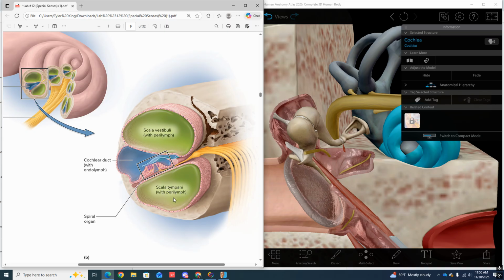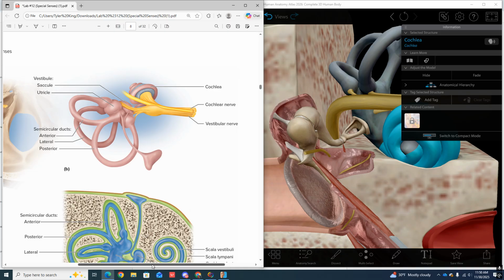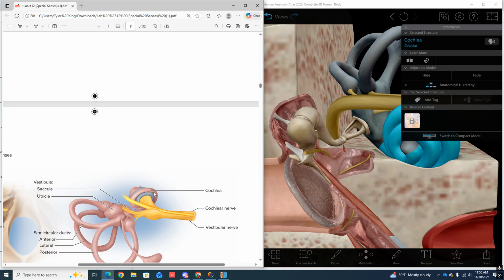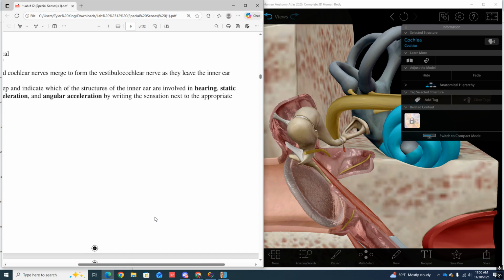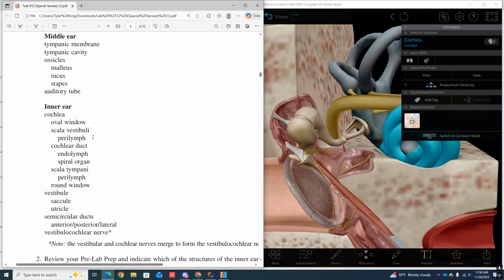So perilymph is only in the scalae structures, and then the cochlear duct only has the endolymph. So perilymph in the scala, endolymph in the cochlear duct. All right, so those guys there. And these are all chambers that we use to transmit the sound. So, structures once again: scala vestibuli, we have the perilymph, we have the cochlear duct, endolymph, scala tympani, perilymph,